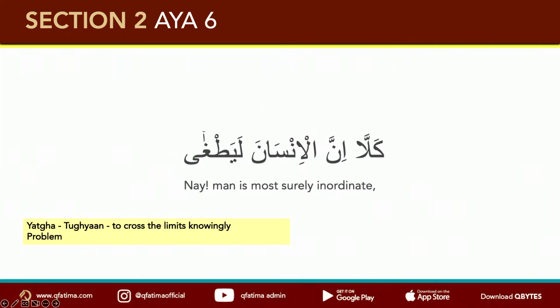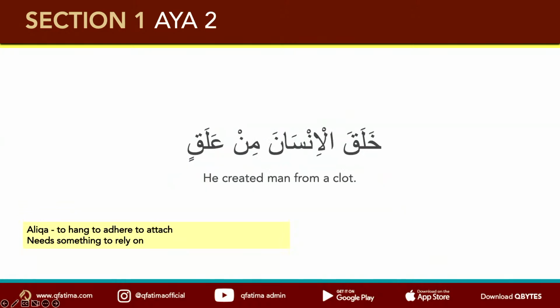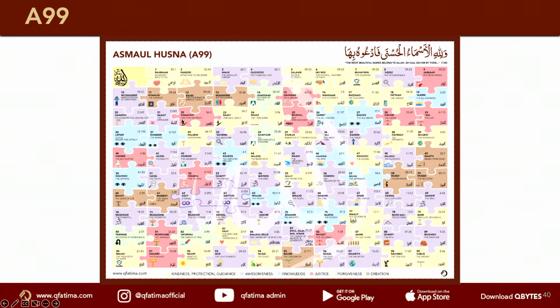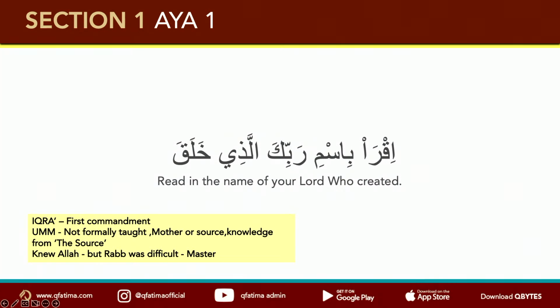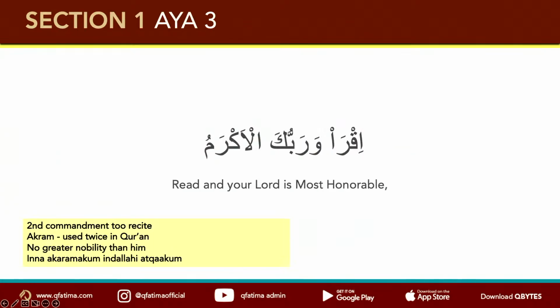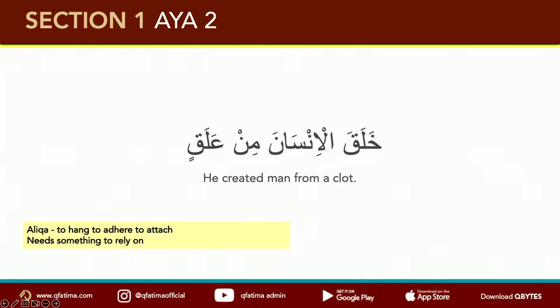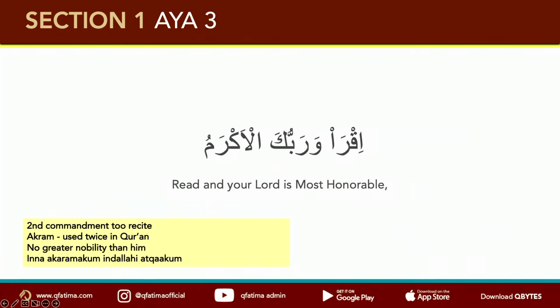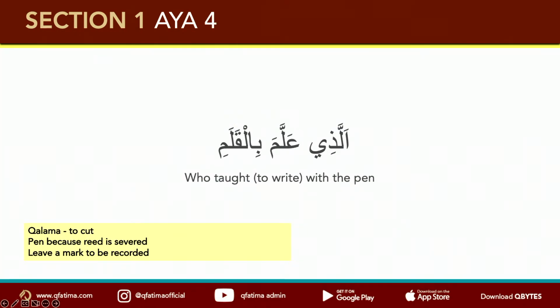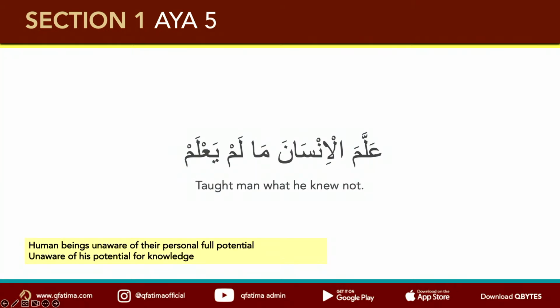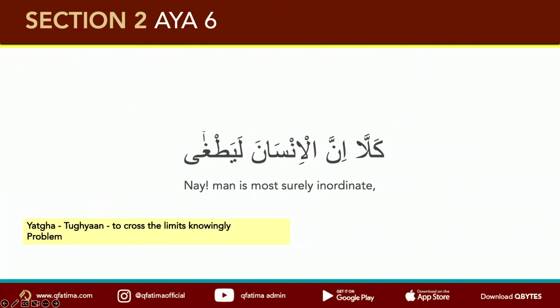So now this is section 2. I'll go back to section 1, and hopefully you know it. Let's see how many times he talks about it. Iqra, that says it once here. Ayah 2, Iqra again. Allama here, and allama again. So the whole aspect of section 1 is you cannot reach your full potential unless you have some sort of education.